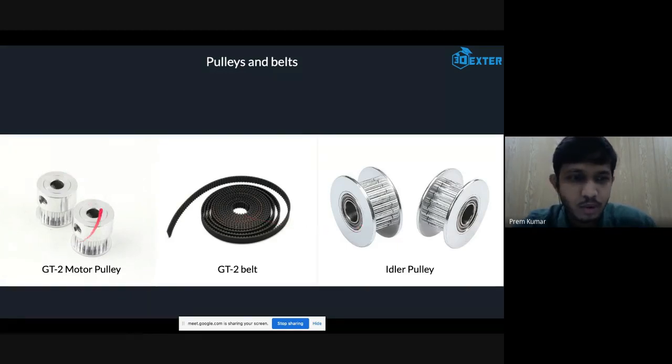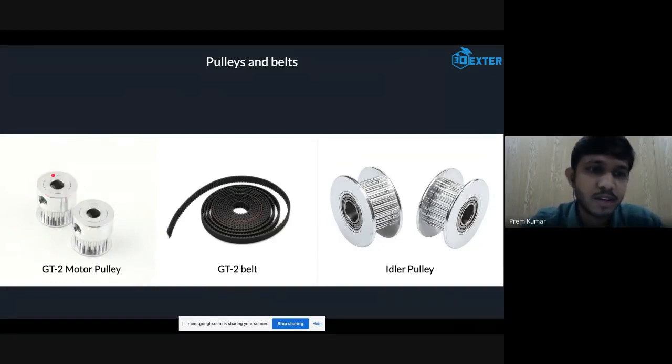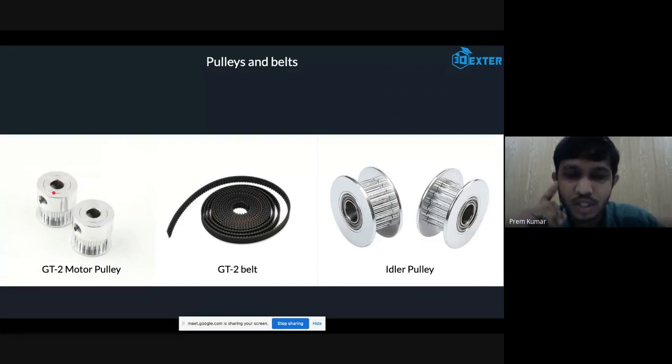So this pulley, which is going to be fixed on a motor, is known as a drive pulley, because it is transferring the rotary motion from the motor to the different parts which need to be moving. If you look at this, it is an idler pulley. Idler means it is not going to transfer any torque to different locations. It is just an idler which makes the rotation of the belt, the loop of the belt, possible, like I'll show you in the next mechanism.